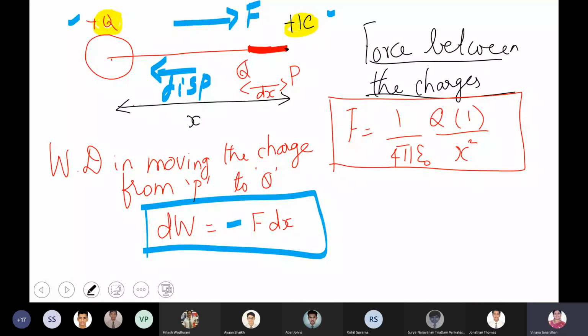Okay, next, what is electric potential? What do you mean by electric potential at point P? What is the definition of electric potential? Jahan, read what you have written. Electric potential at point P is the work done in bringing a unit positive charge from infinity to this point P. Is that clear? Okay, next slide.